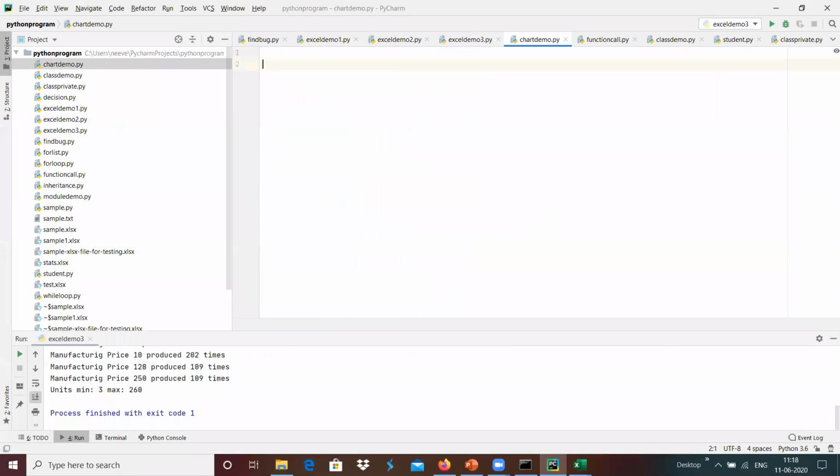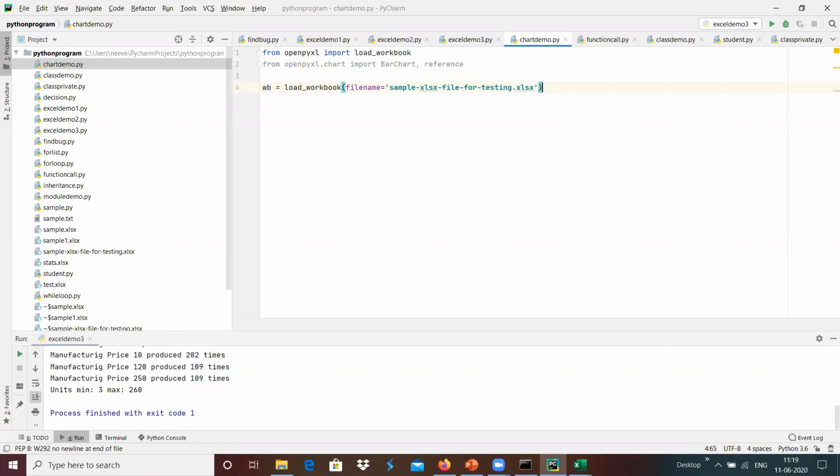In chart_demo, I have the wb, and from openpyxl, I'm going to import load_workbook, and then from openpyxl dot chart, I'm going to import BarChart, and I'm going to import the Reference over here.